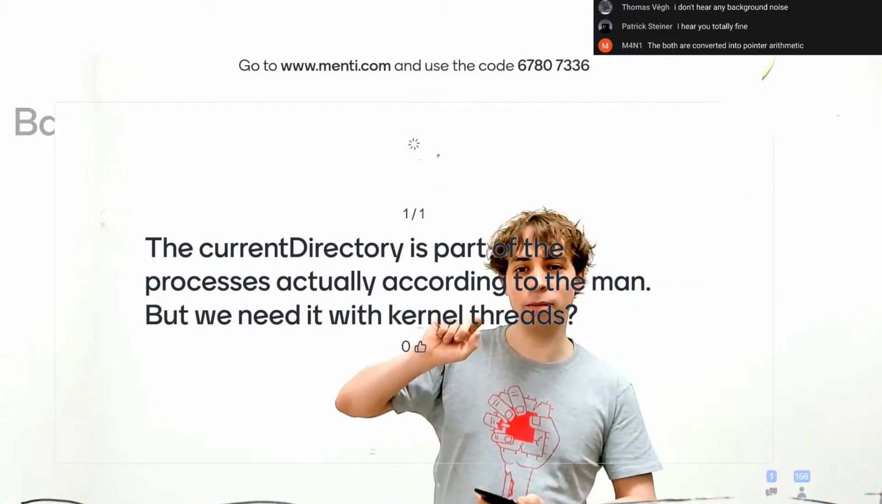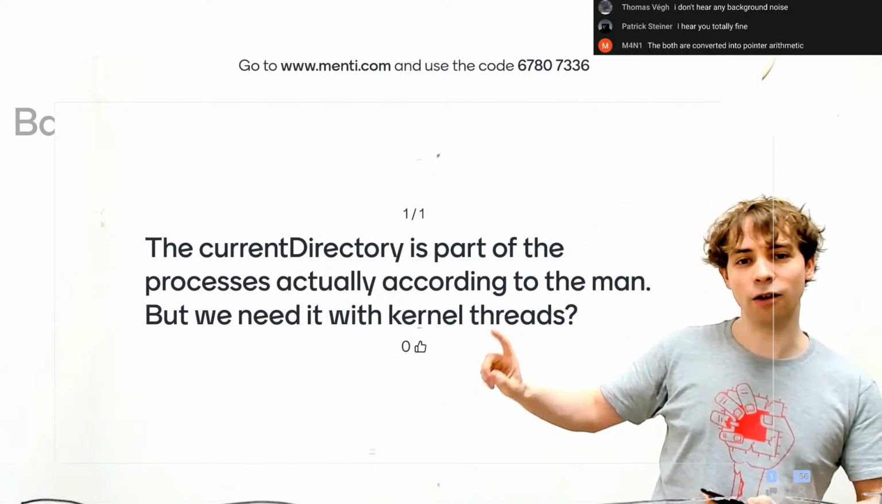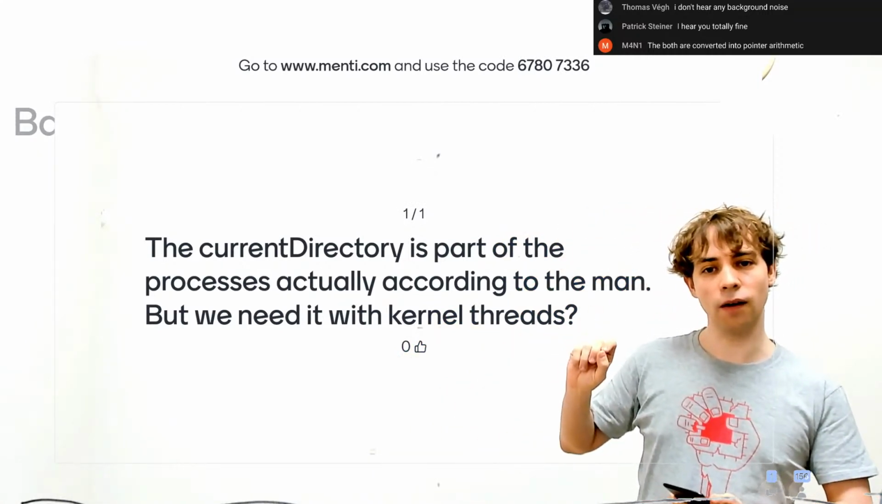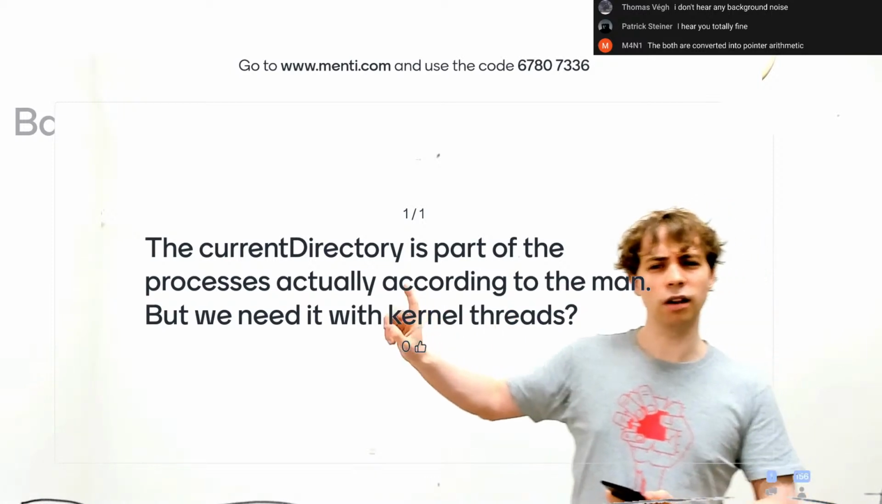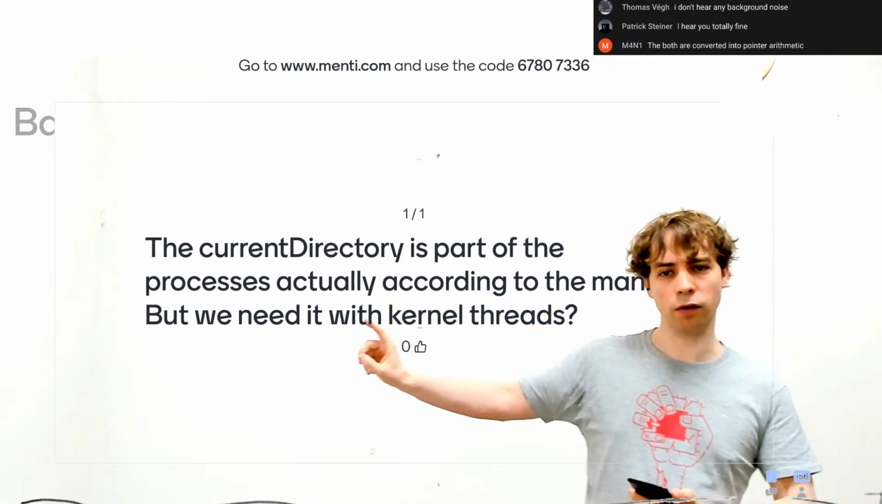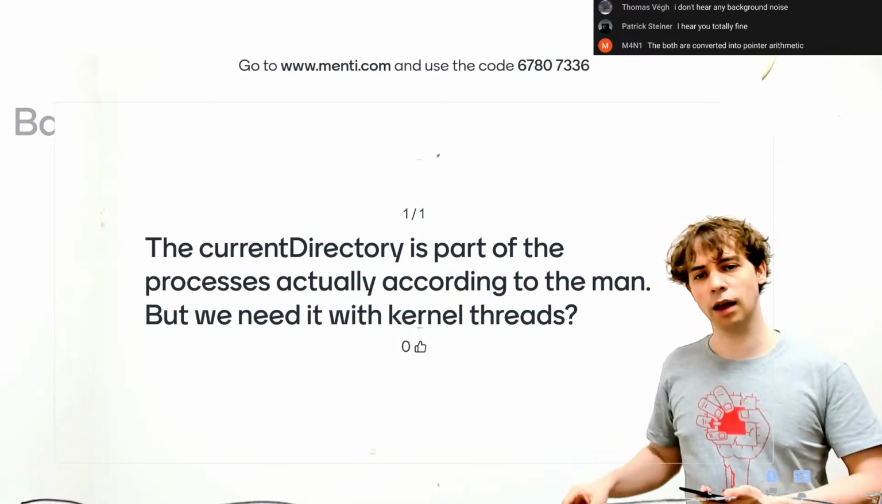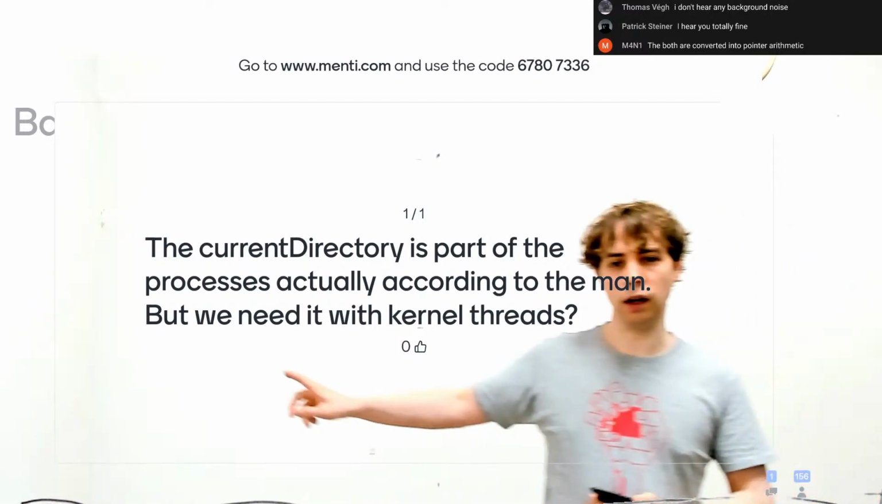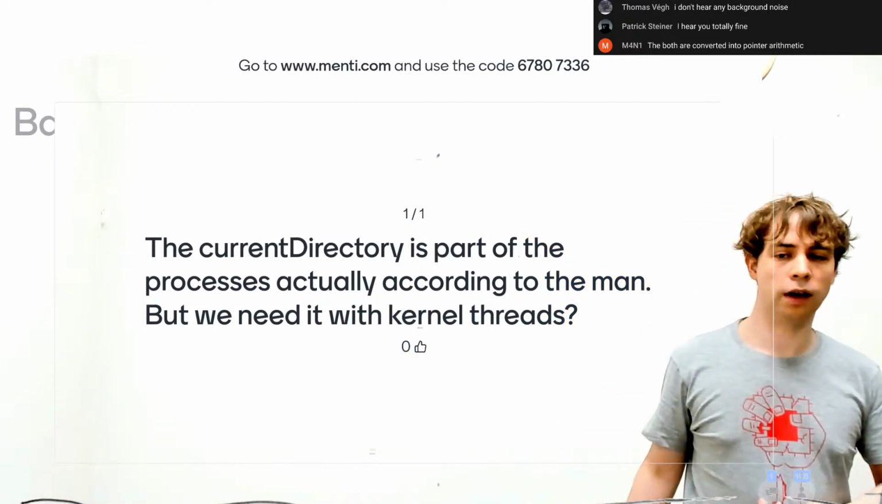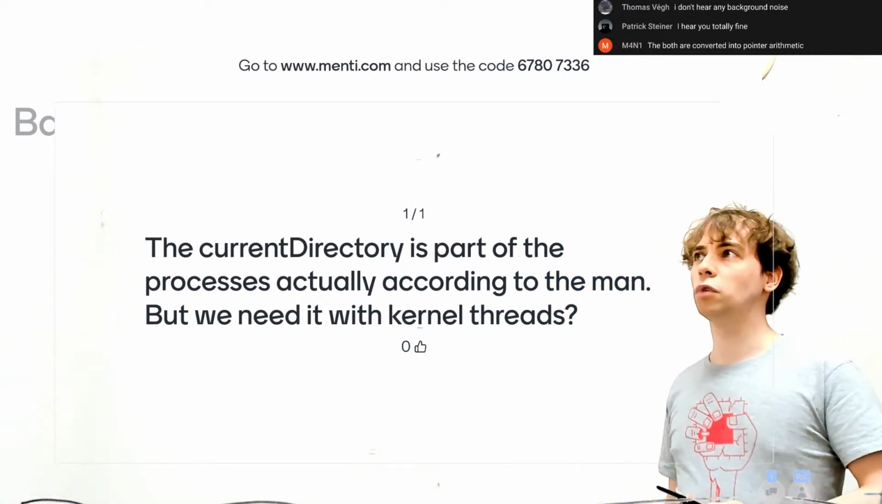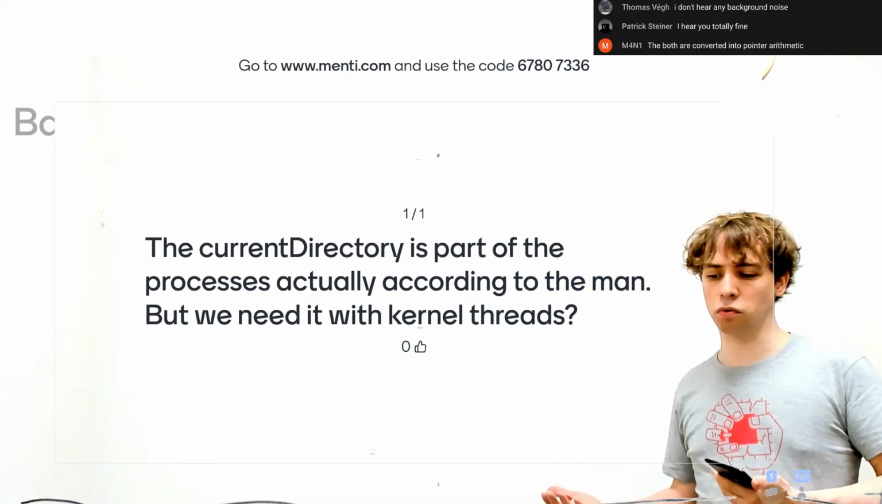The current directory is part of the processes, actually, according to the manual. Okay, yeah. But we need it with kernel threads. It depends if you,